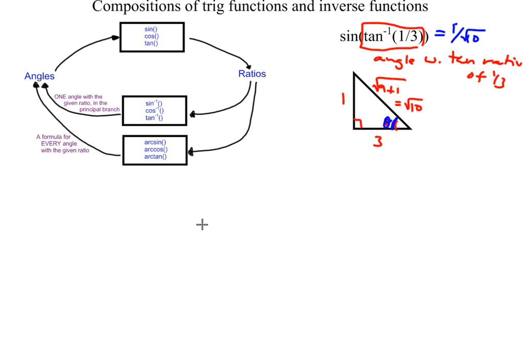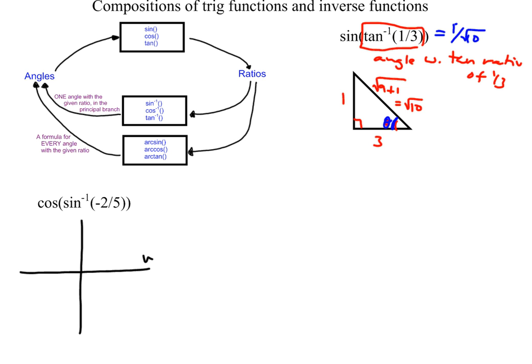There are a couple more wrinkles that we need to iron out. So let's look at this next problem here. When I have inverse sine of -2/5, that inverse sine is on the inside. I have to now think about which quadrant inverse sine of -2/5 is going to be in, so that I make sure that cosine, when I evaluate it, is going to have the right sign. So instead of drawing just a triangle, I'm going to draw a triangle in context in